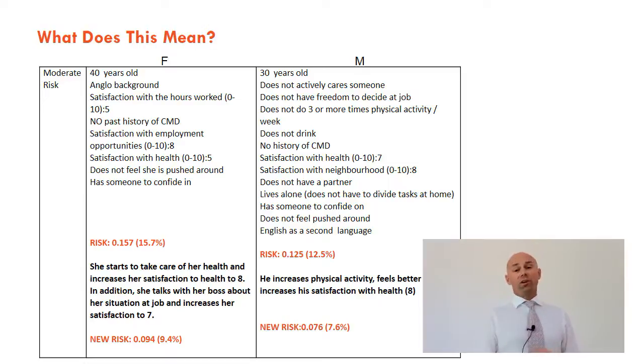And what this shows here is that by simple interventions, we may actually be able to reduce people's risk by between 5 or 10%, even in this moderate group. If we look at those people with very high levels of risk, we can actually reduce their risk maybe by 20 or 30%. And we're going to be testing this in our new interventions within the Well at Work programme.